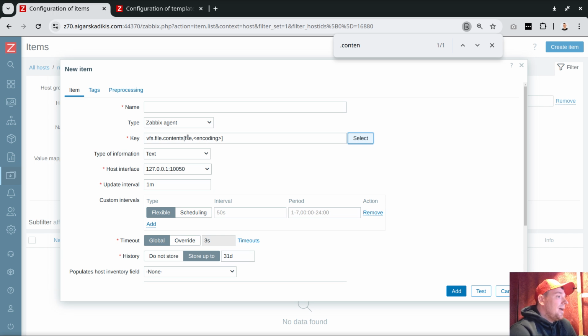It can pick up any file up to 16 megabytes in one go and analyze it, and this gets very useful when you have some sort of daily backup and the backup produces a log file. Obviously the log file will not weigh 16 megabytes. That's quite a lot of textual data. So if you run it daily, it should be much smaller, probably less than 1 megabyte. But the limitation of this item is 16